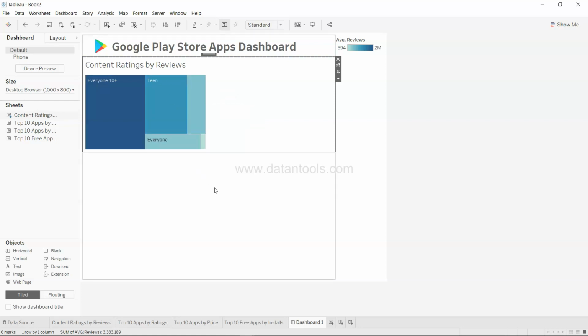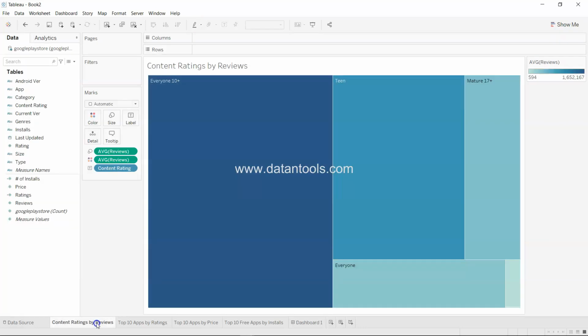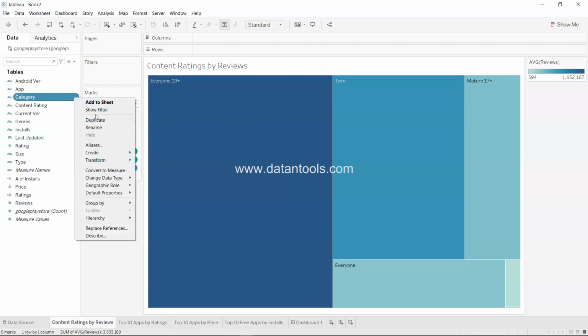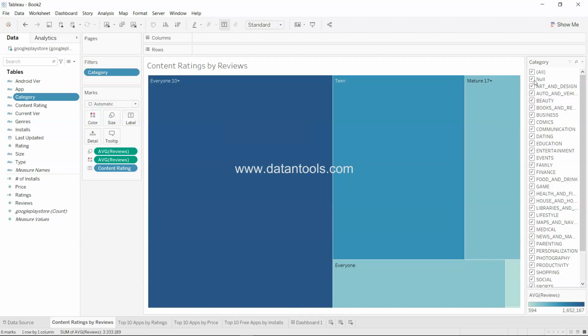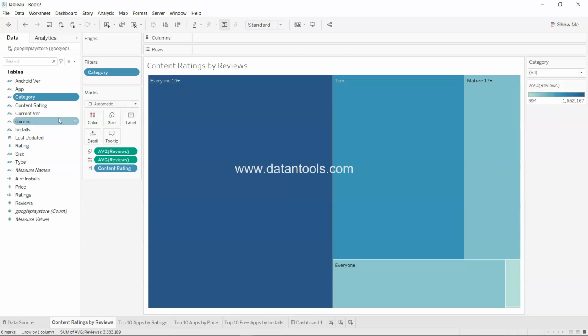So what I need is going here in the content ratings, and let's bring on some filters, and that should be our category, and we will change this to multiple values drop down. Category, installs, so show filter, so we will change this to again multiple values drop down, and then we will have